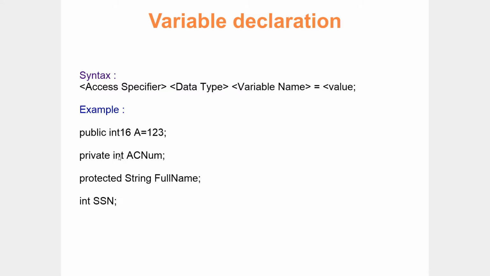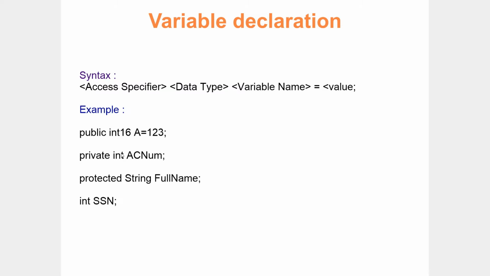Because there is no specific data type called int. We have seen only three categories for integers, right? Int 16, int 32, int 64. So whenever you want to store an integer value, it should be defined as either int 16 or int 32 or int 64. But here I define it as int. Will it be accepted? Yes.